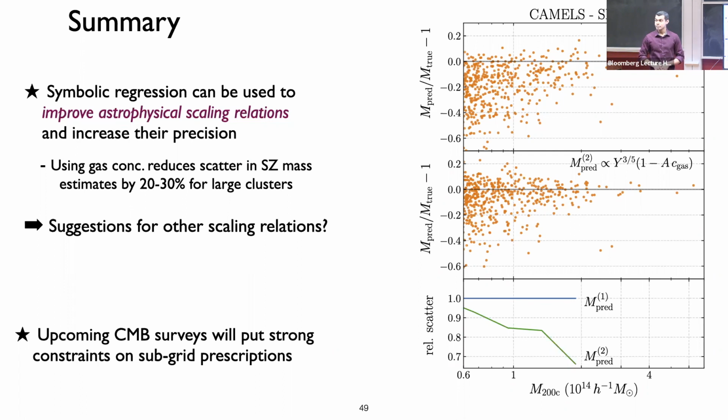Yeah. And my second question is also related to this. Here you learn from simulation data, so probably we will have very small errors on each parameter. But can you do this symbolic regression directly on observational data where there can be a lot of error or uncertainty in each parameter? Can that work? Yeah, it can work on noisy data. You can specify what the error bars on these points are, and it can include that in the equation it fits. We haven't tried that.